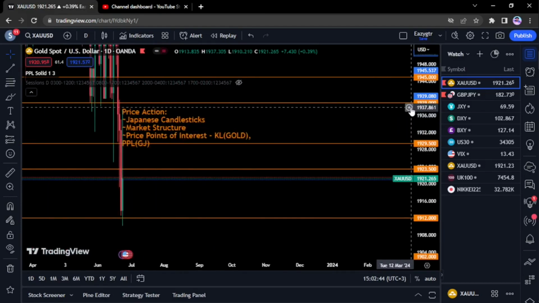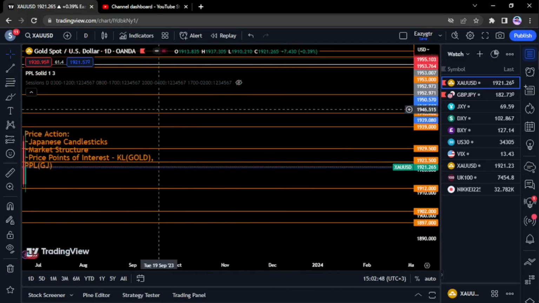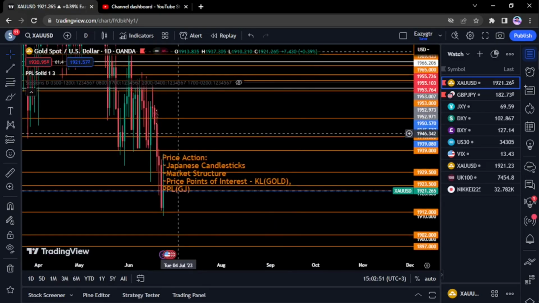You can see price reacts in the same areas, so it only depends on what type of trader you are, whether you're an intraday trader, position trader, scalper, or swing trader. So time frames are universal. For example, higher time frame trading,